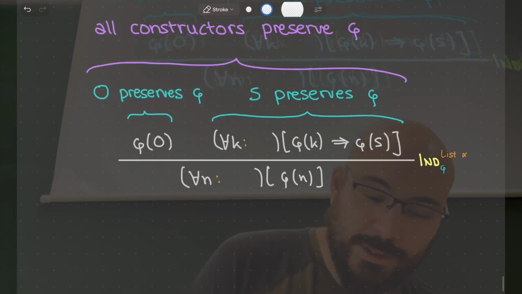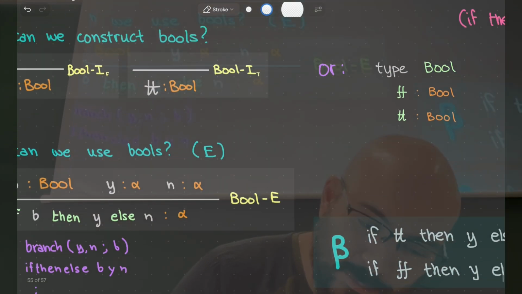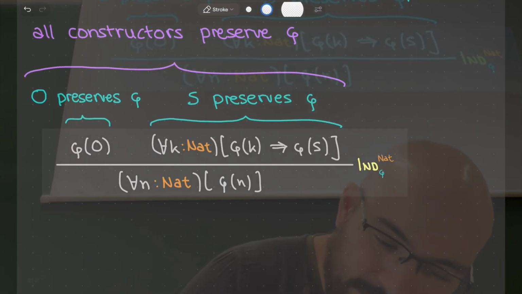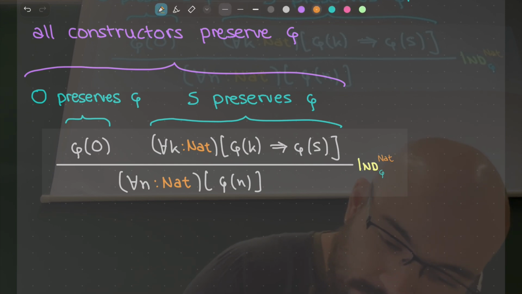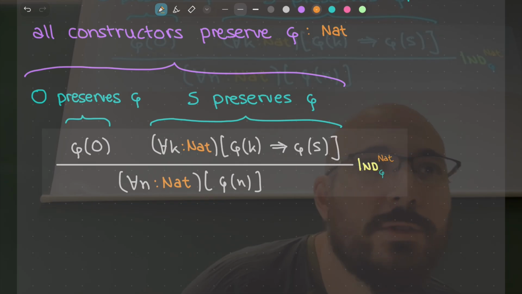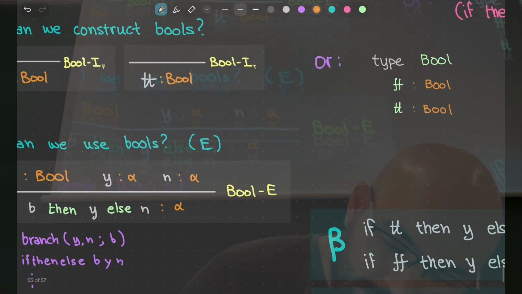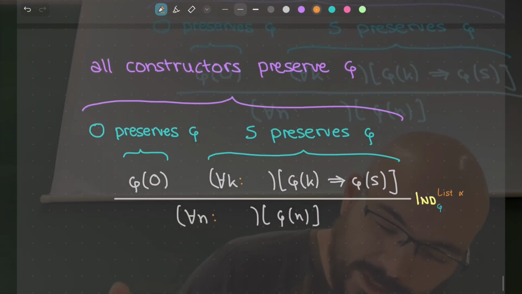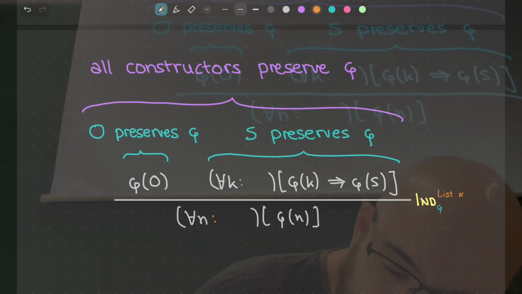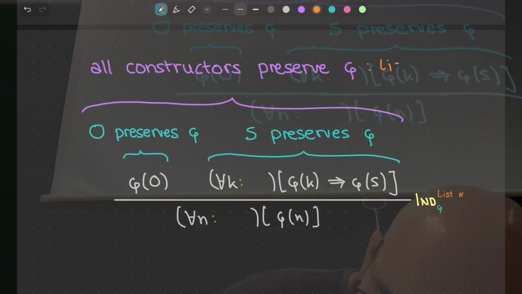Okay, suggestions. What do I need to change? I did a few of the changes. Something I have not written here is what is the type of phi. So here the type of phi was not 2, yes? Very nice, Prop. So I already start to think what I should be able to prove with induction on lists. I should be able to prove that all lists have a certain property, and this property is obviously something applied to lists of type alpha. So this would be list of alpha to Prop.